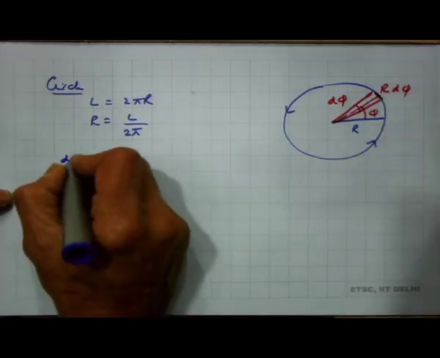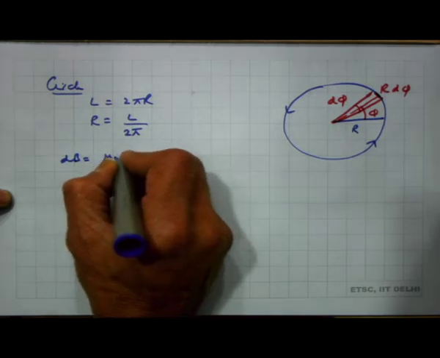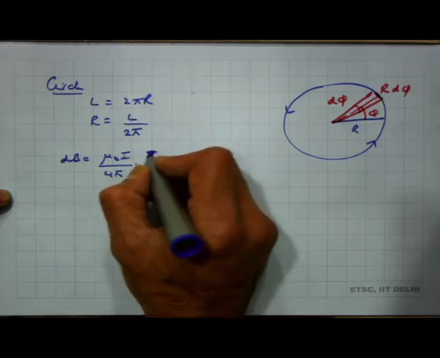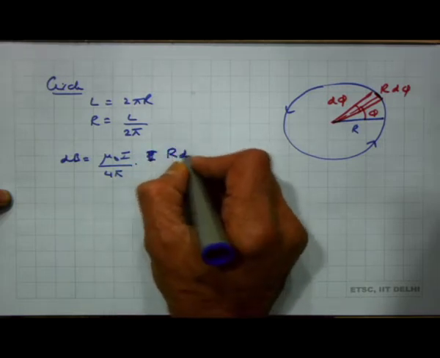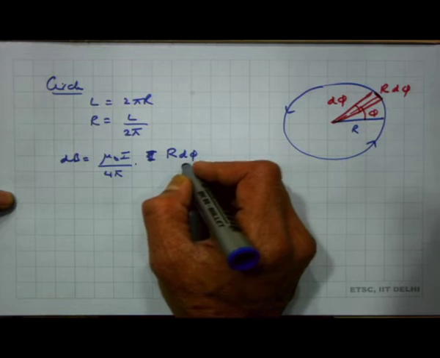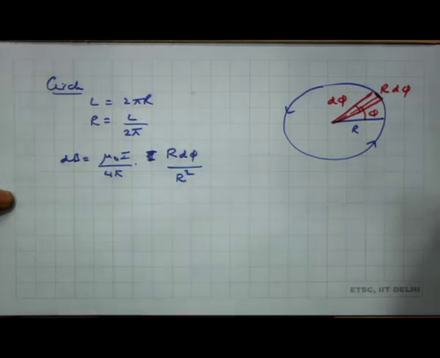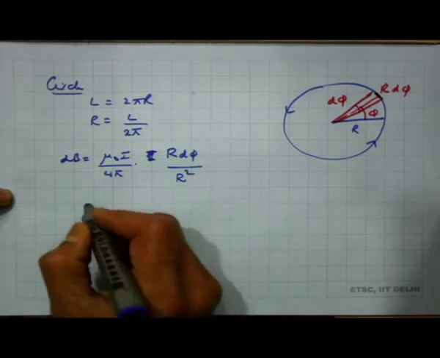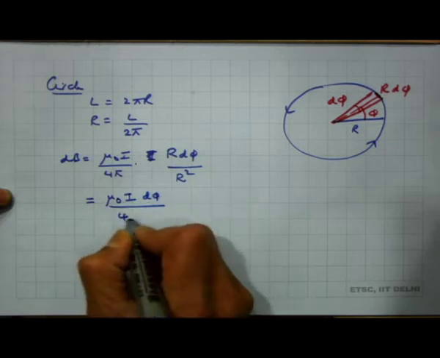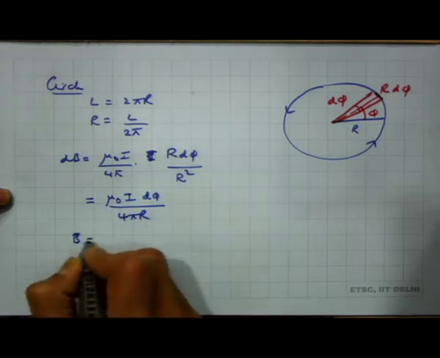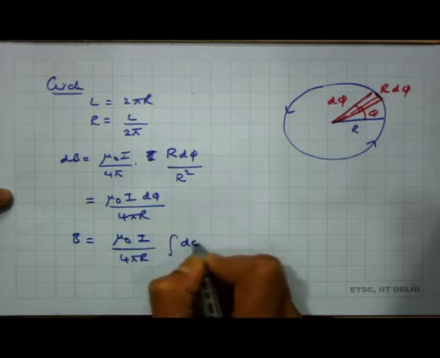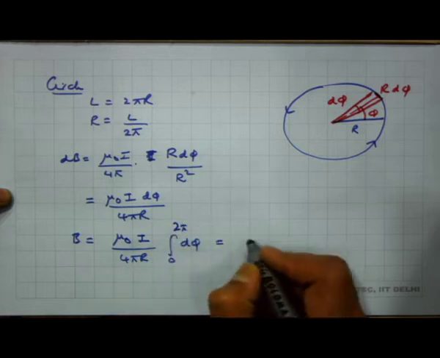I will get dB is equal to mu naught I by 4 pi into the length dl cross r. So, dl is r d phi by r square. So, dl cross r by r cube. So, one of the r cancels off. So, I will essentially get mu naught I d phi by 4 pi r. So, the total magnetic field will be equal to mu naught I by 4 pi r integral d phi from 0 to 2 pi,